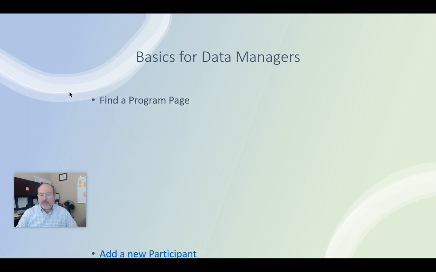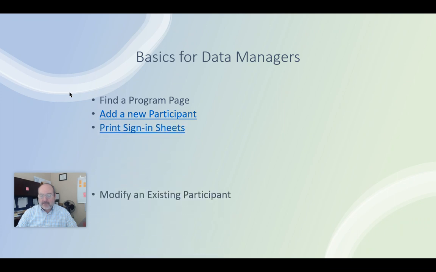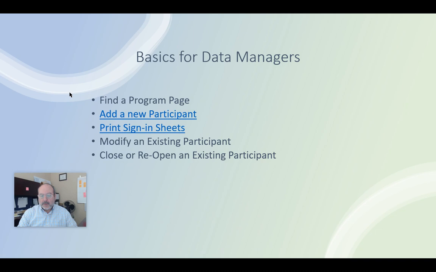We're going to learn how to find a program page, how to add a new participant record, printing sign-in sheets, modifying existing participants, and I'll stress again, if a participant is already in the system from last year, you want to reopen that participant as opposed to creating a duplicate record. So that usually entails doing a search for the participant if you don't know if they're there or not before you make a decision. Closing or reopening an existing participant, recording units of service attendance, the document repository, which is